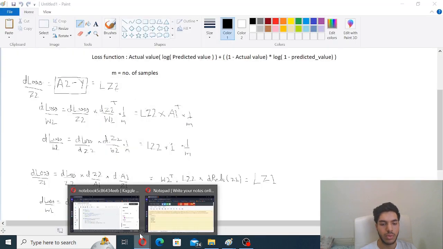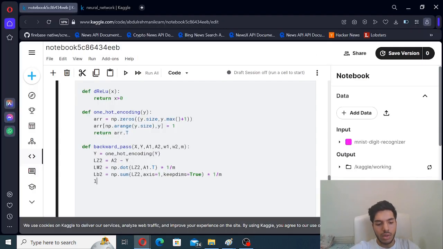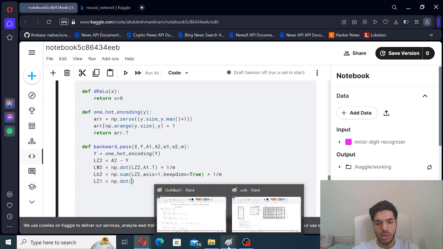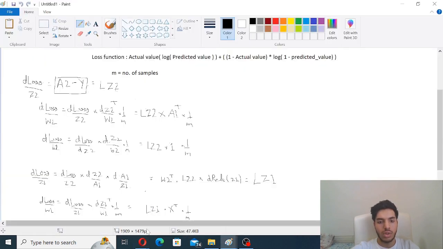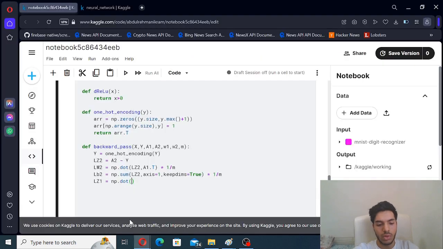So LZ1 is equal to np dot W2 transpose times LZ2. Then we multiplied it by